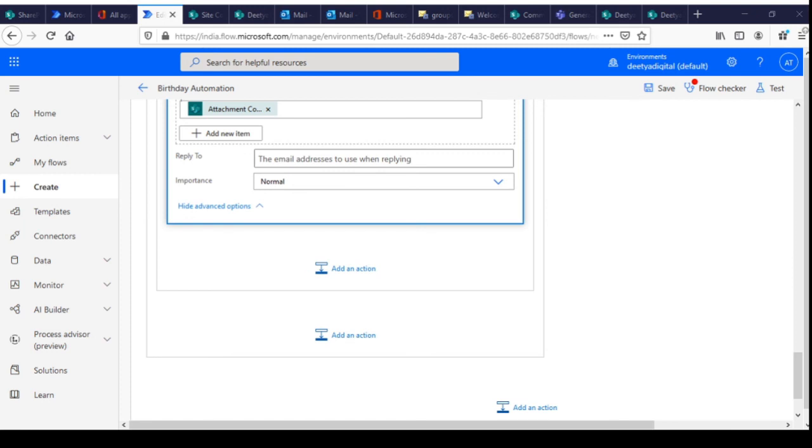We just need to set the variable again, because every loop, once it completes each record, then we need to set the variable again.